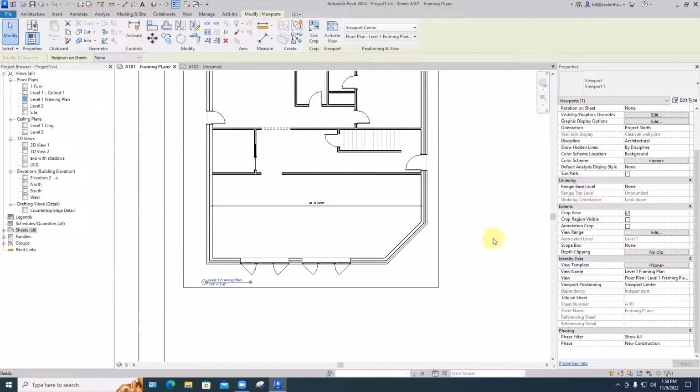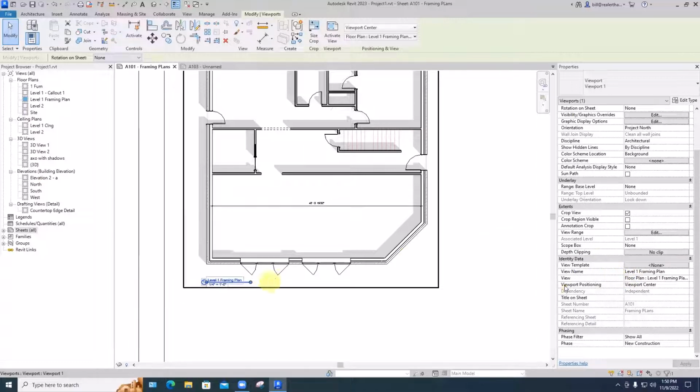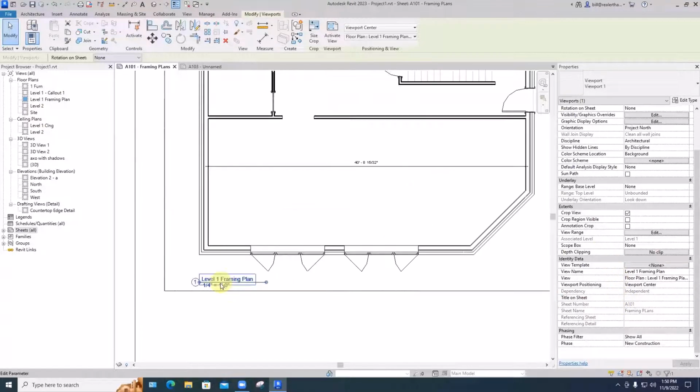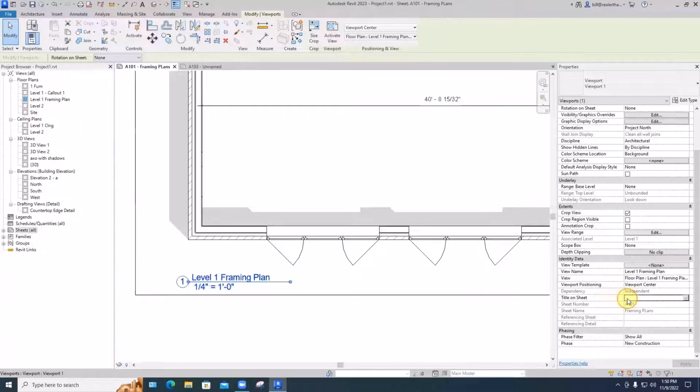And I guess the one thing I like to call your attention to, now that we're putting these onto sheets that other people are going to have to look at and understand besides just whoever created them and know them intimately, is we can change the actual view name. Here it is Level 1 framing plan. Level 1 might not have meaning to somebody in the outside world. So we do have a choice of having a different title on the sheet than we do over here in the project browser. So the title on the sheet, which now is Level 1 framing plan, I might just change